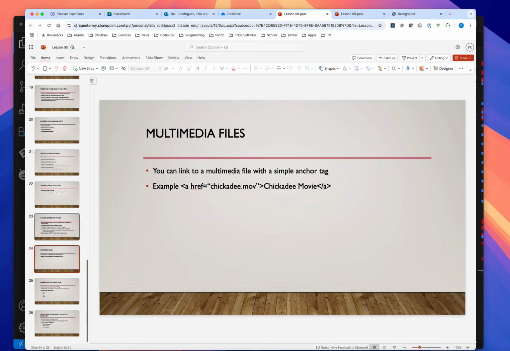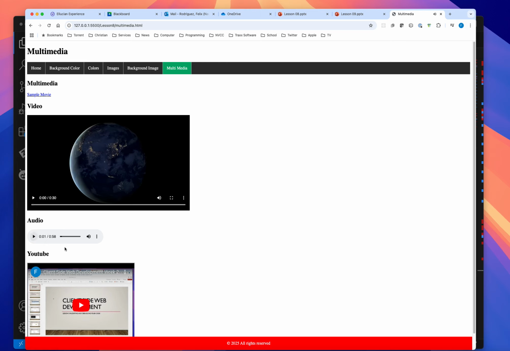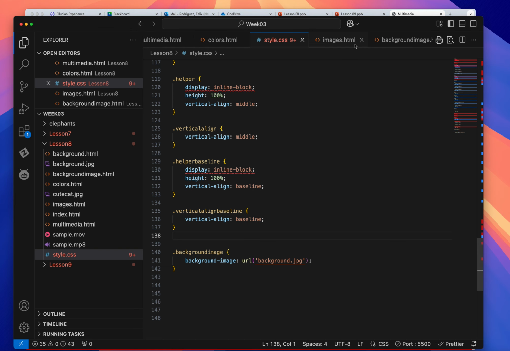All right, the last thing we're going to look at is embedding multimedia files. There are a number of different ways to do that. First, let's go over here. Okay, this is the audio, we'll talk about that later. So the first thing you could do is embed a multimedia file by just putting it in an anchor tag,